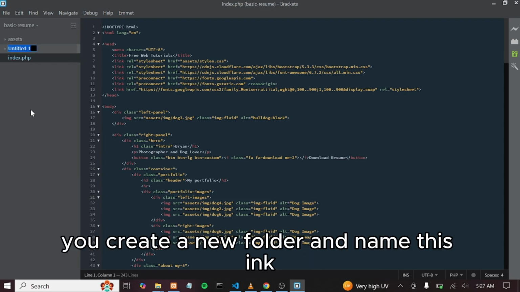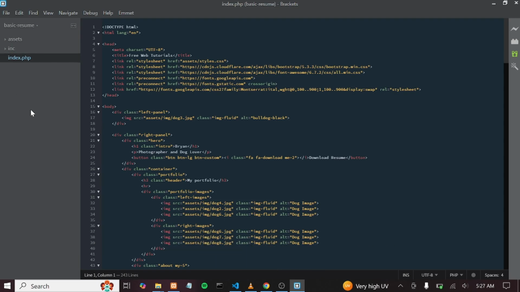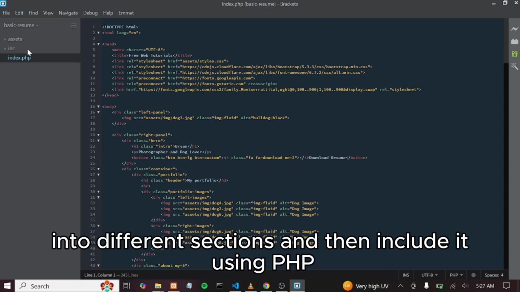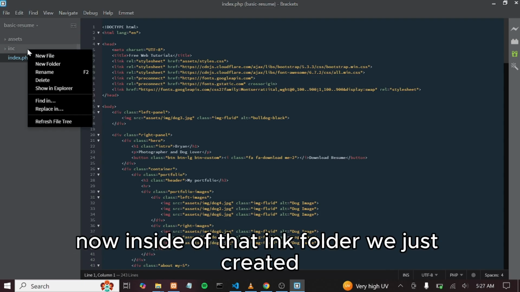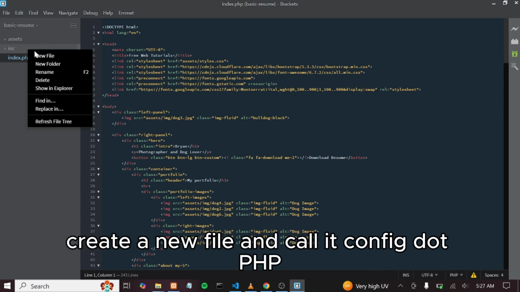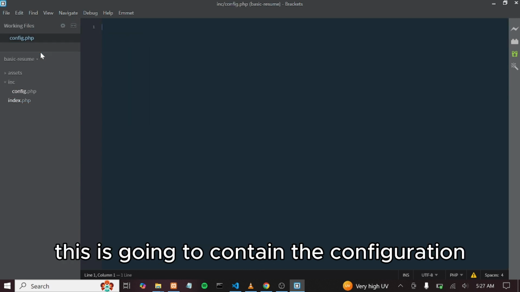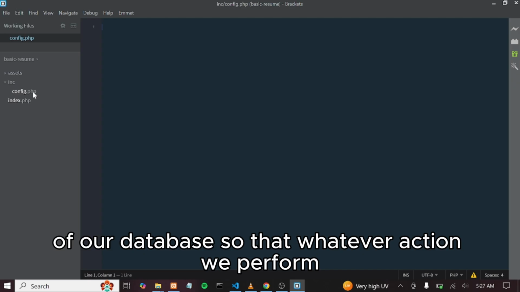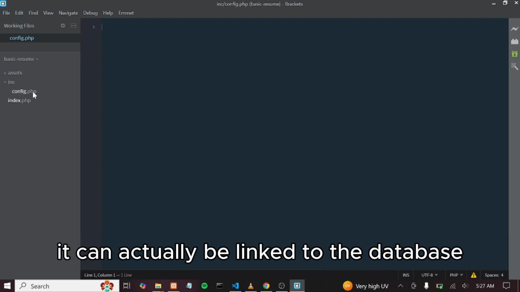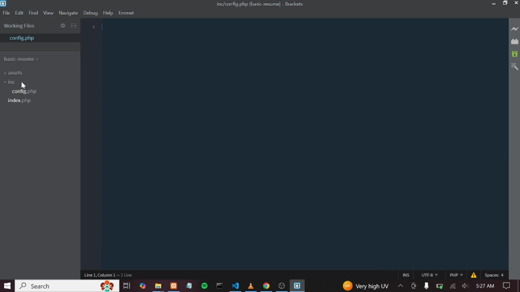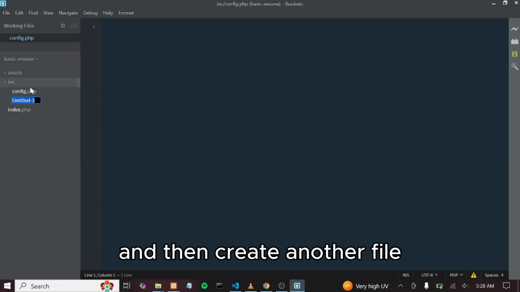You create a new folder and name this inc. We're going to break down our page into different sections and then include it using PHP. Now inside of that inc folder we just created, create a new file and call it config.php. This is going to contain the configuration of our database so that whatever action we perform can actually be linked to the database. And then create another file,